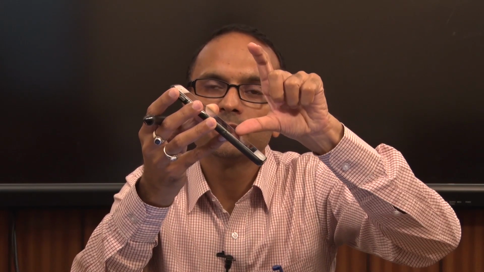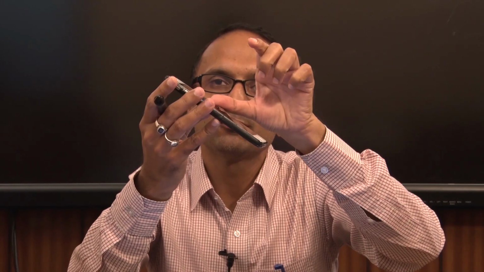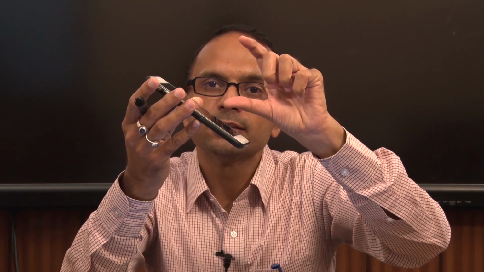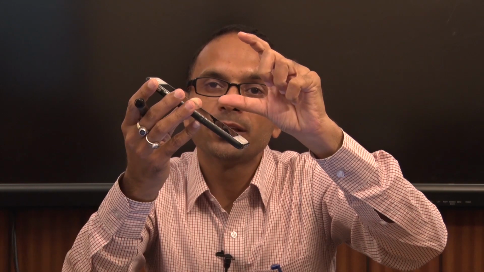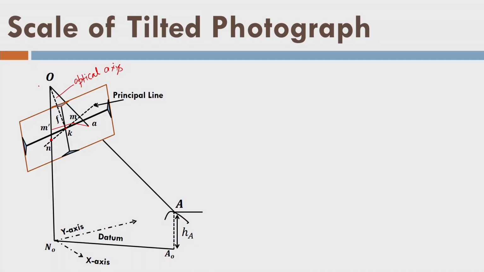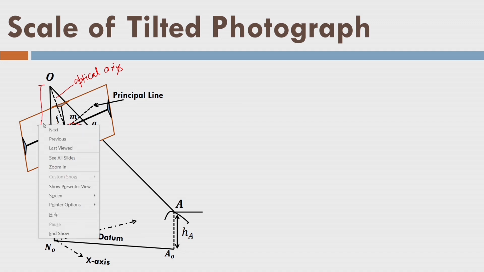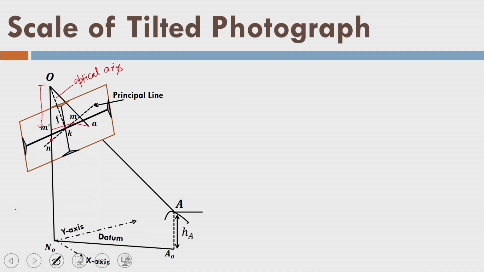So this focal length, this is another line here. This kind of arrangement is there, and because this focal length is perpendicular to the tilted image, I know that this distance, which is a little smaller than this distance, has to be taken for the scale calculation. So let us see this distance. If I take it up to M dash, then this distance divided by the flying height, which is this distance, is the scale in the case of a tilted photograph.